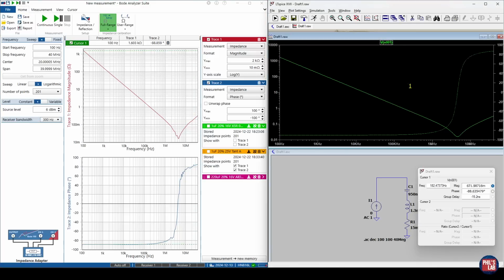My resonant frequency in LT-Spice is somewhere around 4.5 megahertz. If I look at my measurement on the left-hand side, this is also around 4.5 megahertz. My impedance at about 40 megahertz is about 320 milliohms, and in my measurement at 40 megahertz, the impedance is also 320 milliohms. So just by looking at the self-resonance, the capacitive region and the inductive region, we've extracted the